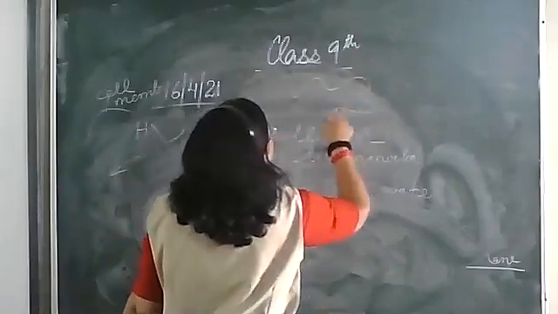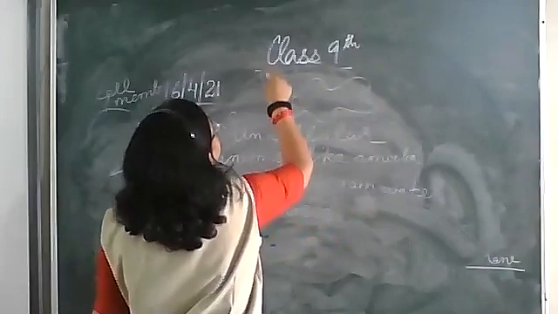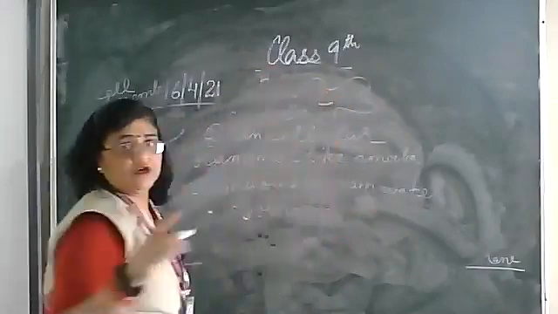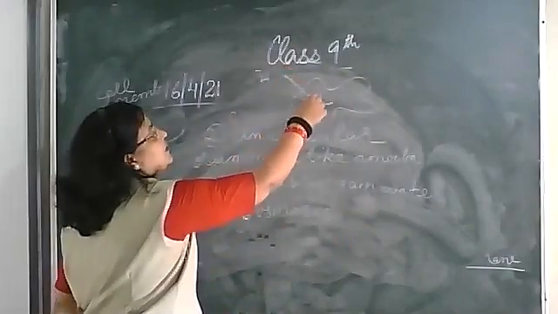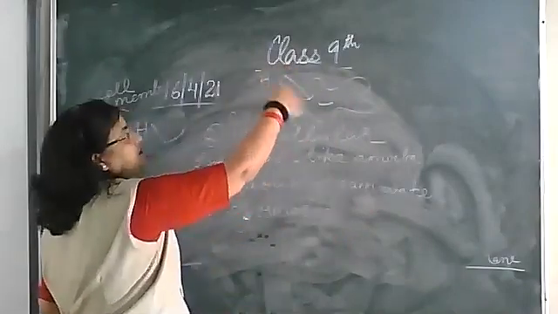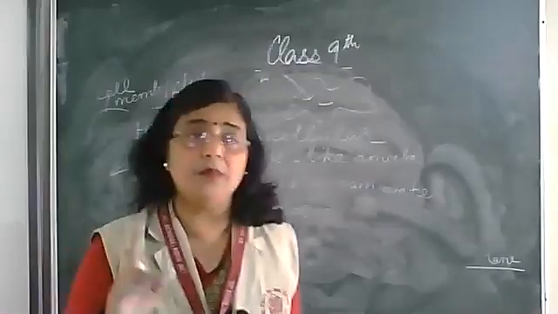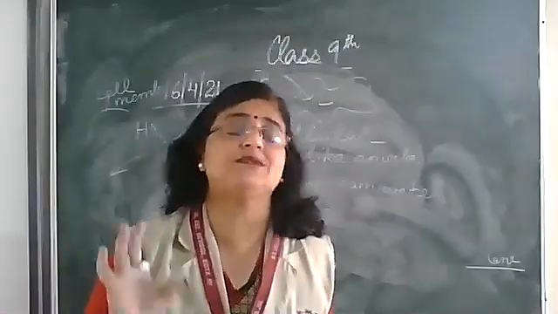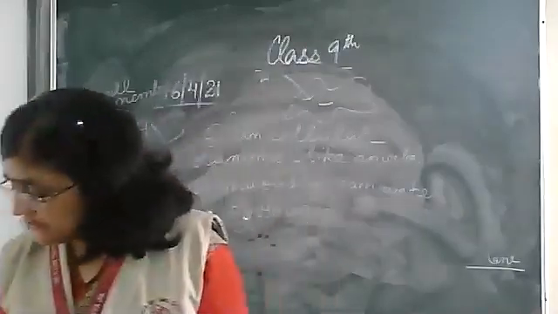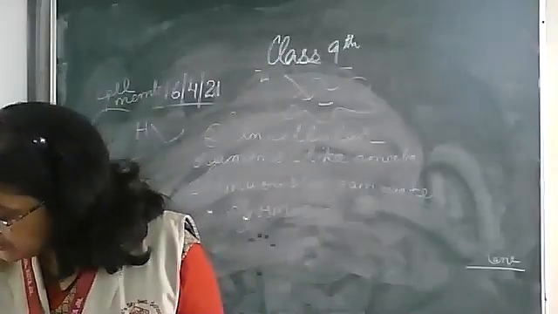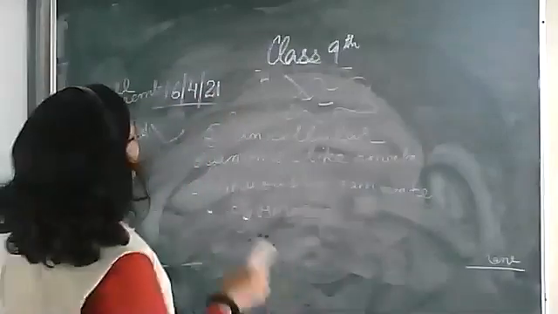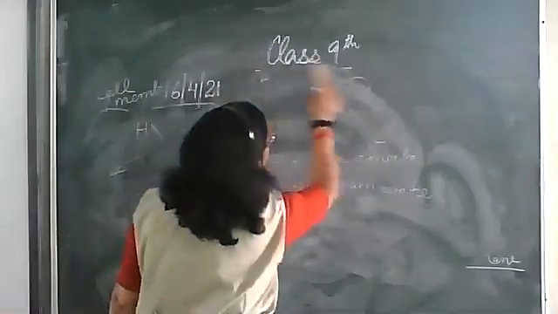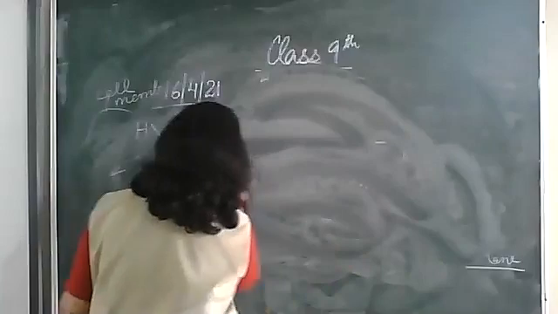So the water concentration outside is naturally higher as compared to the body of the amoeba. So obeying osmosis, water will move from the surroundings to the body of the amoeba. Got it? Then, stomata are present on the underside of the leaf. They open and close due to the process of osmosis.